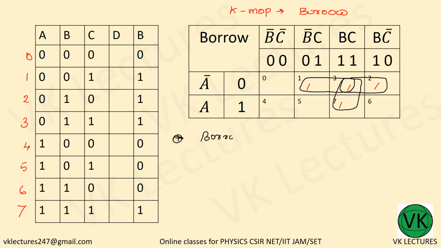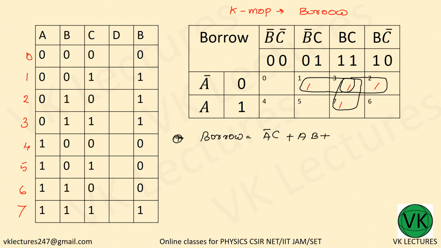In general, borrow is equal to A bar is common, BC bar and BC is left, so B bar C and BC, so B bar gets cancelled, C will remain, so it is A bar C plus the second one A bar, BC and BC bar, C bar will go, so AB will remain,